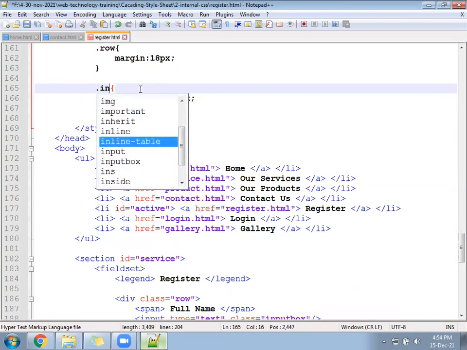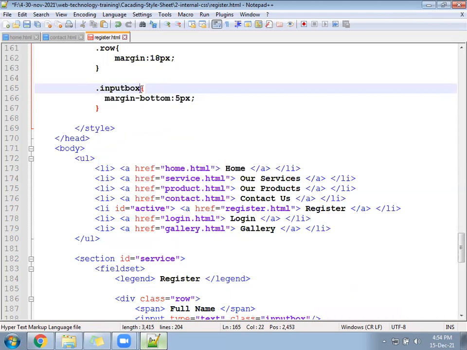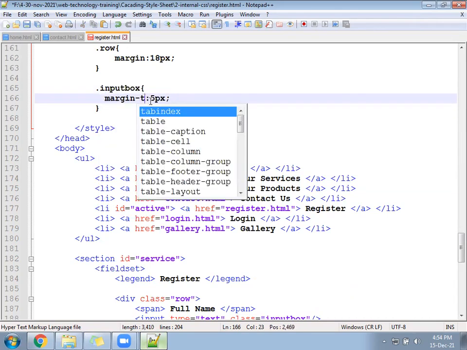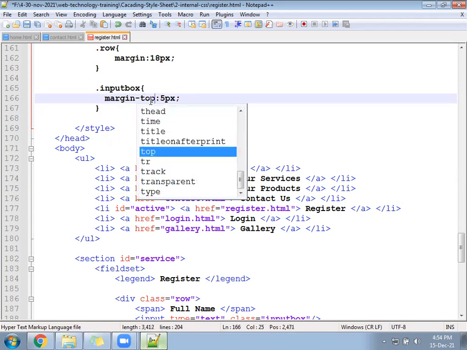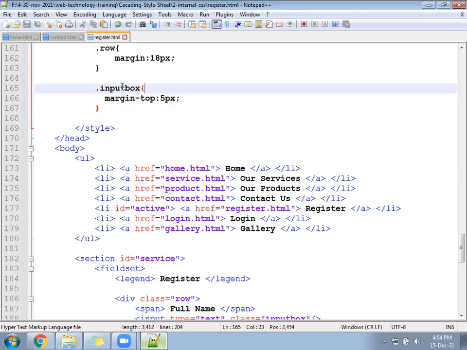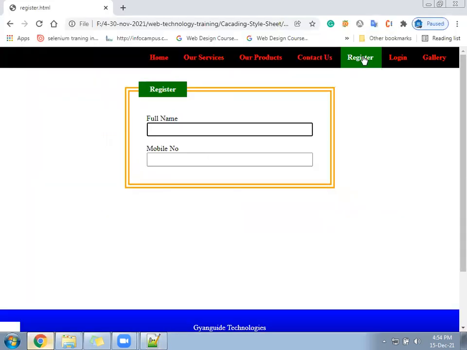In input box, margin-top, the text box will live 5 pixels from the top. Input box margin-top 5px.